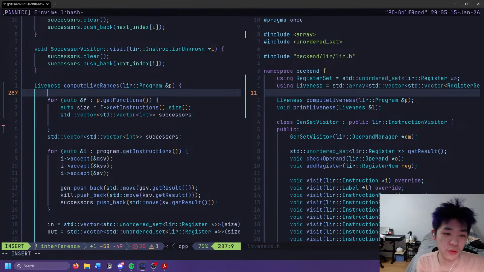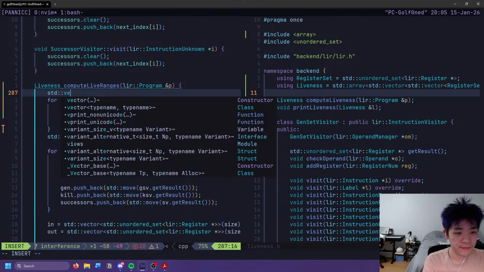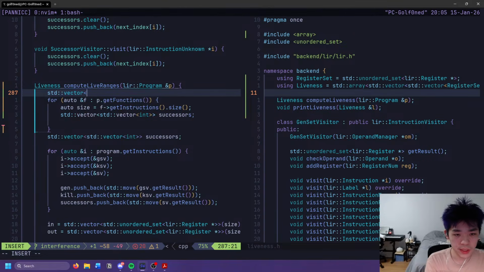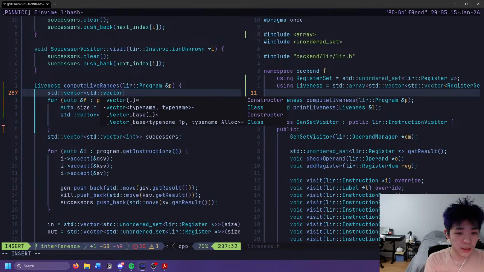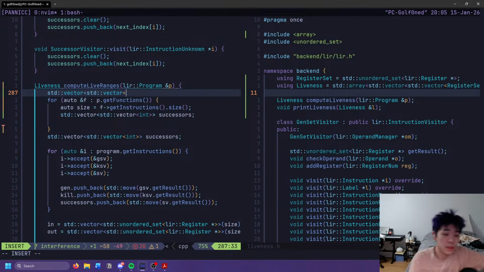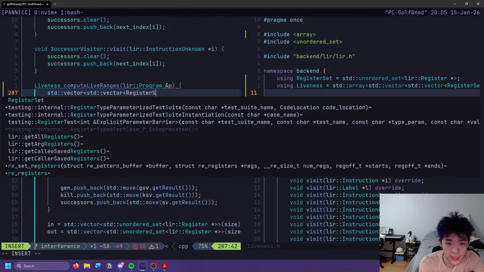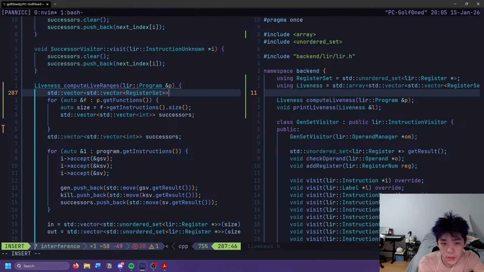Okay, let's do std vector of, let's just do vector of std vector of register set. Yeah, let's do that. And then this should be successors, or we don't care about successors here. We just care about